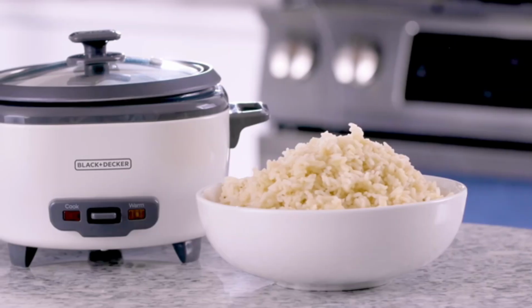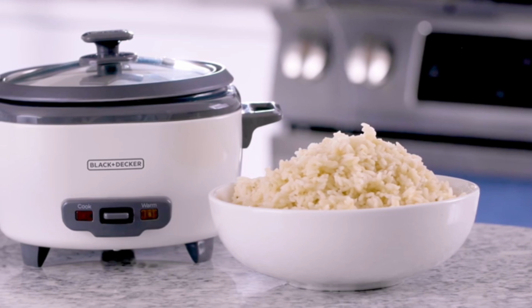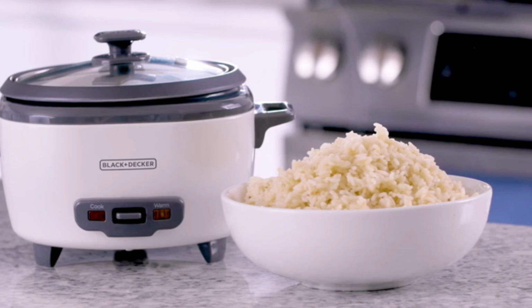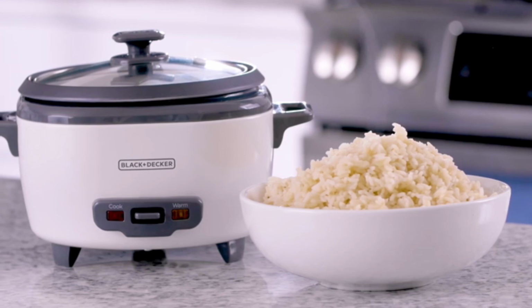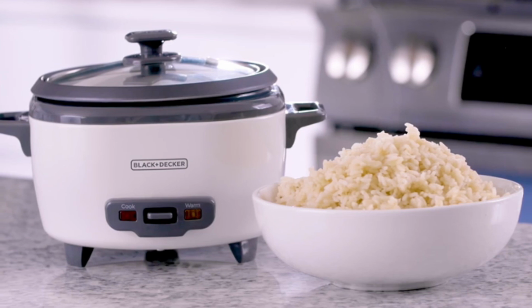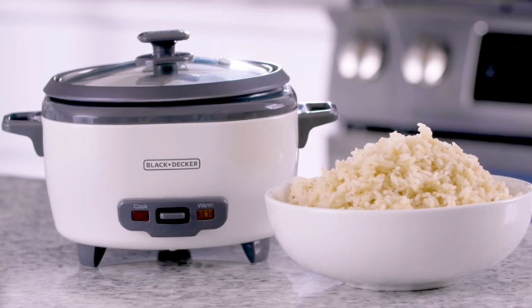Design. The BLACK+DECKER Rice Cooker boasts a compact, space-saving design that fits neatly on any kitchen counter. Its streamlined appearance features a smooth, glossy finish that complements a wide range of kitchen decors. Despite its small footprint, this rice cooker still offers a generous 6-cup capacity, making it suitable for both small and